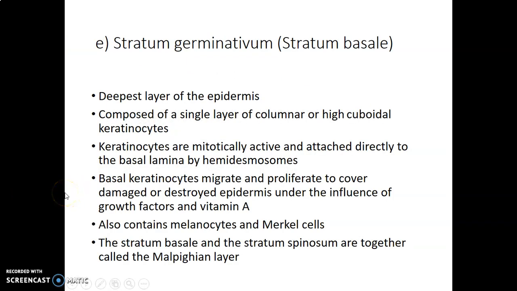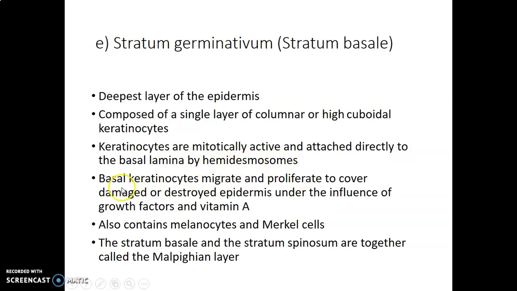Stratum germinativum is also called stratum basal. It's the deepest layer of the epidermis. It has one layer of columnar, or we call it high cuboidal keratinocytes, which are actively dividing. So mitosis is very active, and these cells are attached onto the basal lamina by hemidesmosomes. Remember, hemidesmosomes are basal